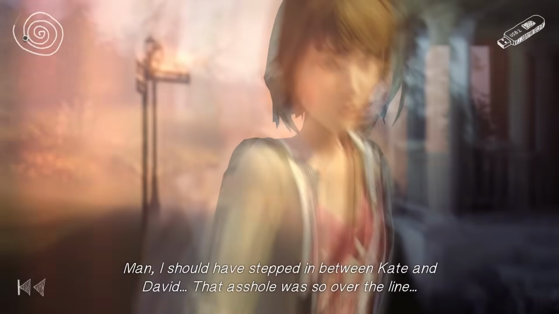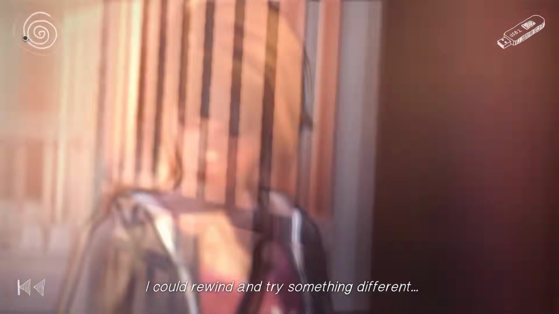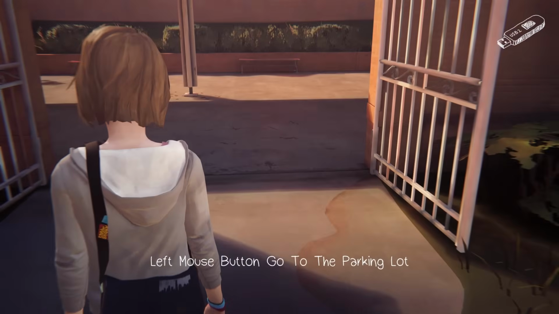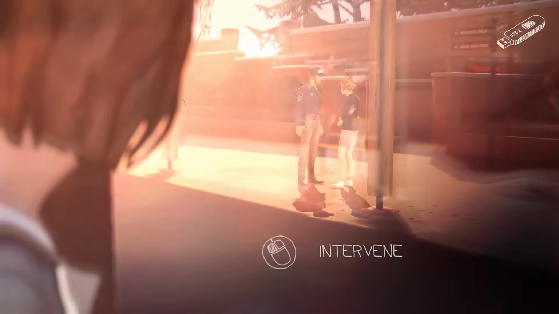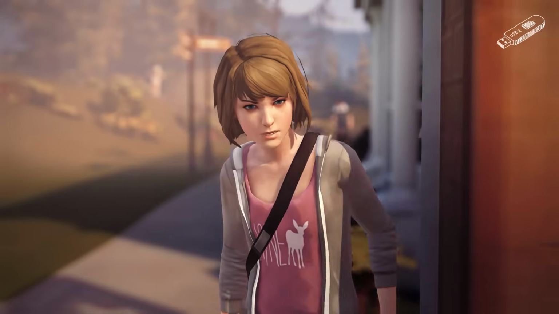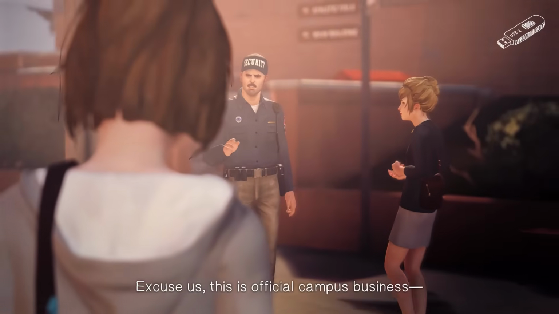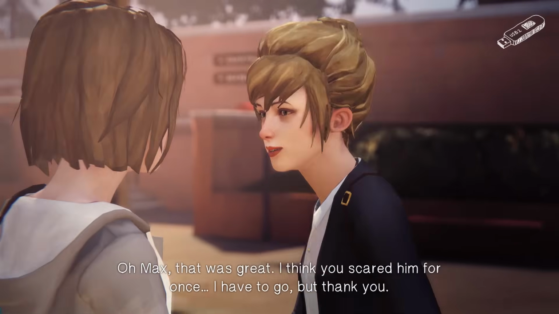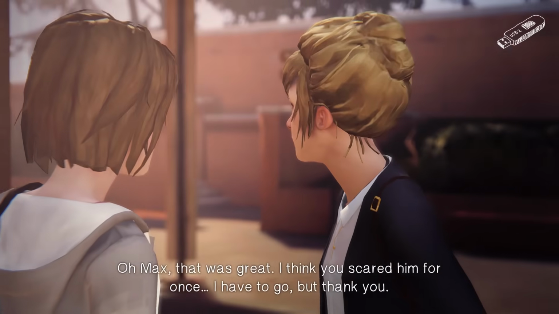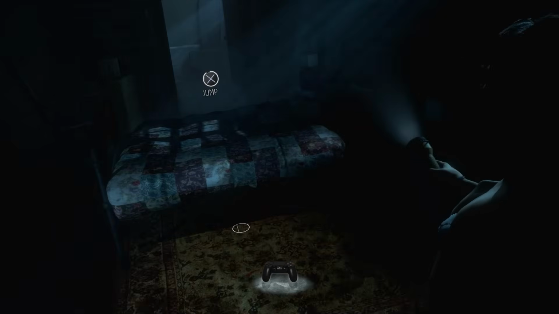The main character, Max, has the ability to go back in time, usually for a few minutes at a time. This means that if you say something and it came out completely wrong and that isn't what you wanted Max to say, you can rewind and pick another option. This is greatly appreciated as someone who restarts save files if I pick a dialogue option that a character doesn't like. This way, a player can be sure of all their choices, rather than forcing a player into a quick decision that might make them frustrated with the gameplay, much like Detroit Become Human, Until Dawn, and many Telltale games do by giving the player a time limit.